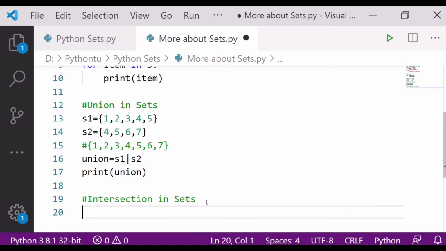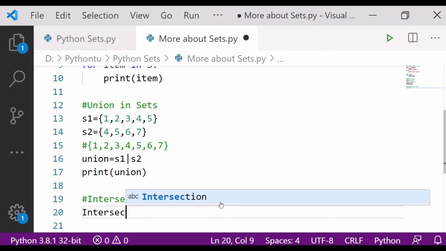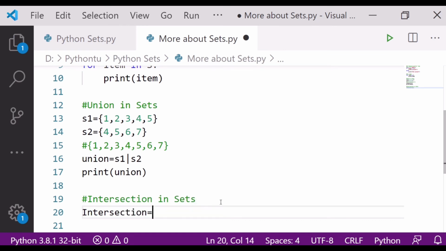Next is intersection. Intersection means whatever is common, it will give us as output. Here what is common, as we have seen, is 4 and 5. So for intersection, I'll write here intersection is equal to S1, and intersection we do with the help of the ampersand symbol, S2.